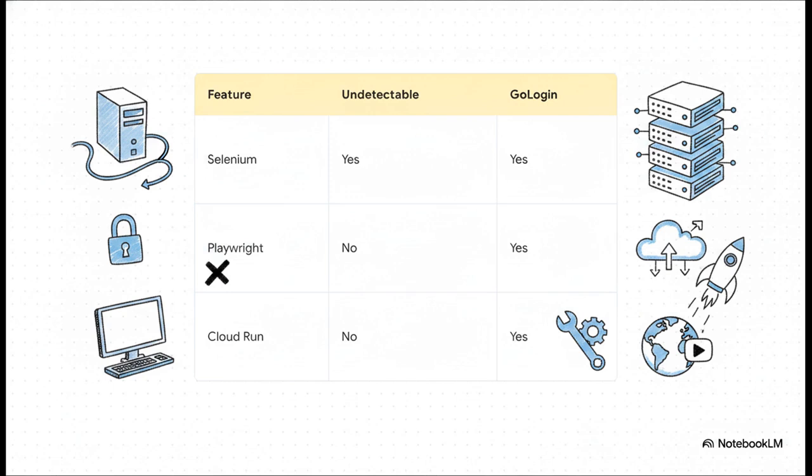Because GoLogin is cloud-first, you can just spin up profiles directly on their servers, attach your scripts, and run headless sessions without ever taxing your own hardware. Undetectable, on the other hand, is entirely limited to local automation. All right,